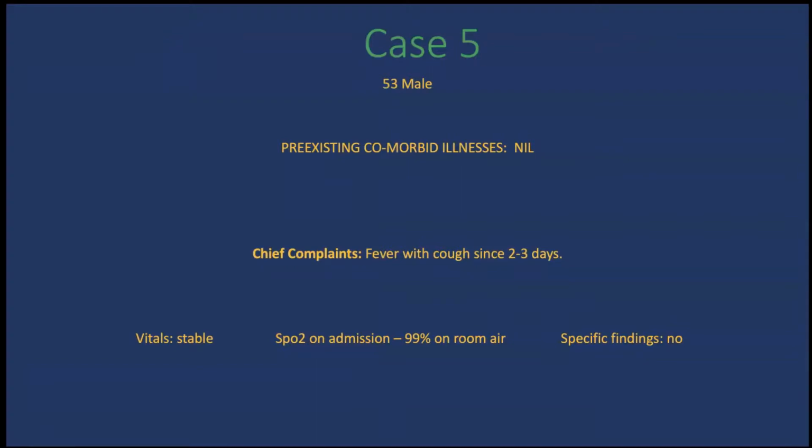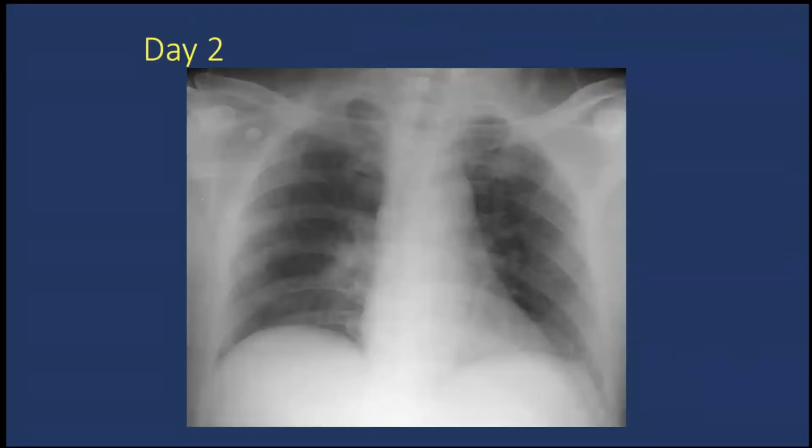Now I would like to show two CT scans which we performed at our center. This was a 53-year-old male with no comorbidities. He had come with fever and cough since 2 to 3 days, and he tested positive. At the time of admission, his chest X-ray was normal. We thought that there is some right parahilar opacity, but it was attributable to a malrotated chest film with a hilar prominence. Otherwise, there were no peripheral ground glass densities. There were no consolidative patches.